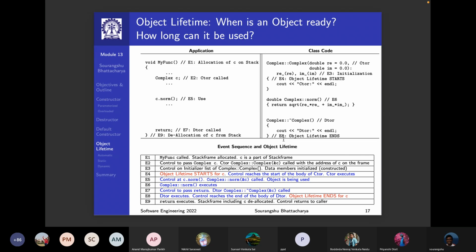Okay, so now we are discussing a concept which is called the object lifetime. So what is the object lifetime? Basically,